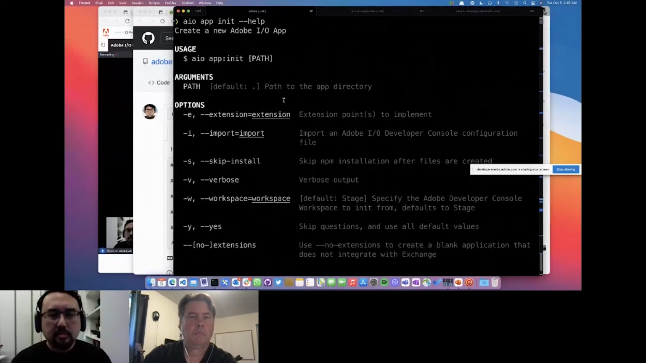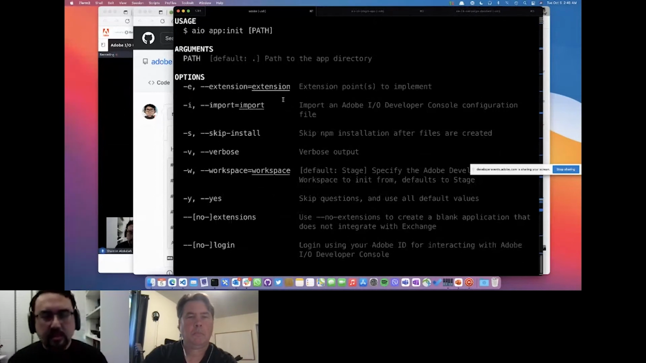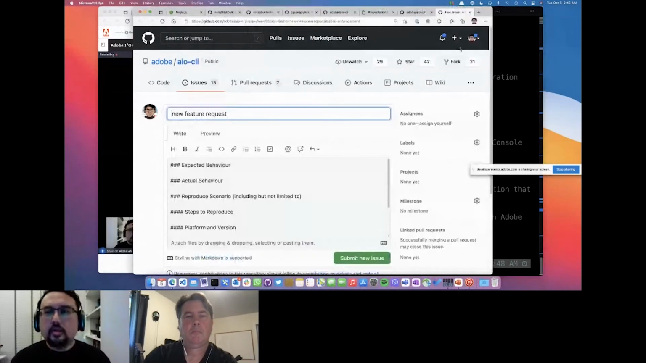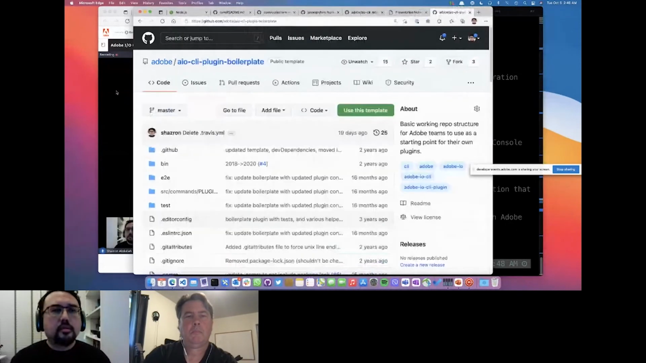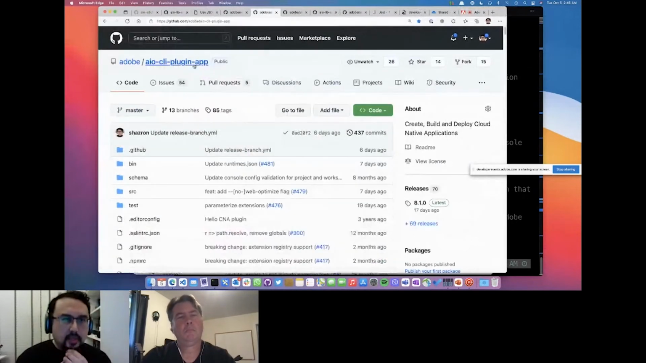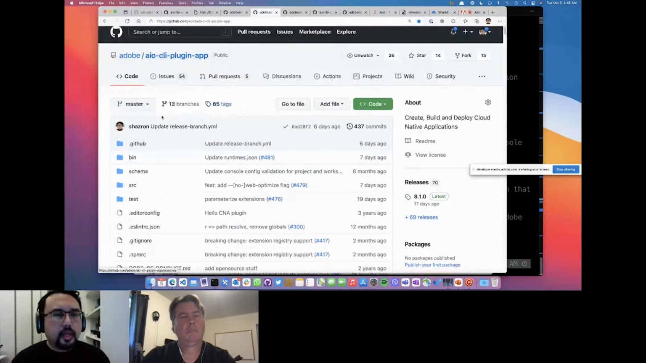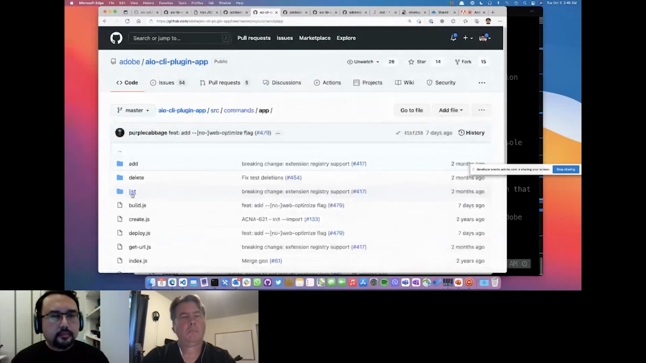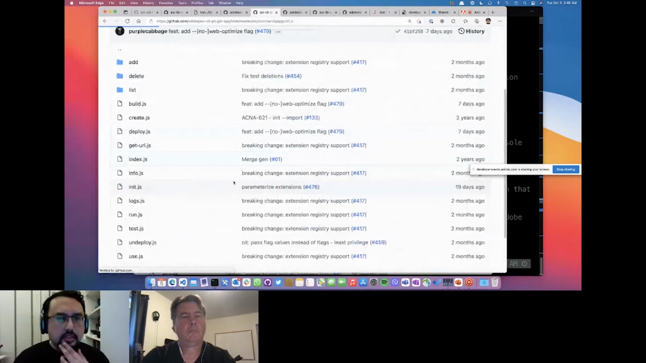No tech writer is writing something separately. It's all associated with your code itself. Let me show you how it's working. For example, I showed you the command AIO app init. That's in this repo, and the command was app init. Let's go to init. You can see each command is a class, and each class